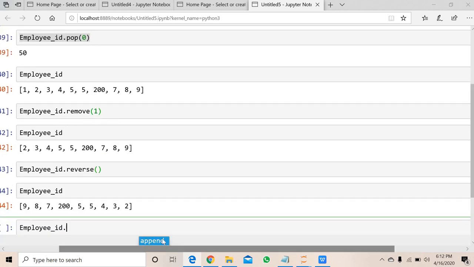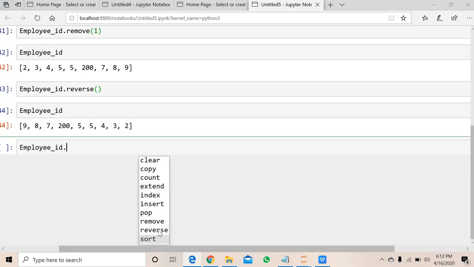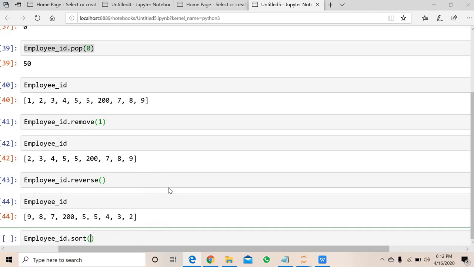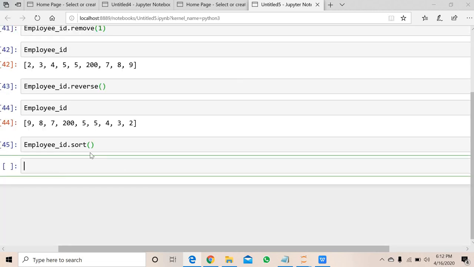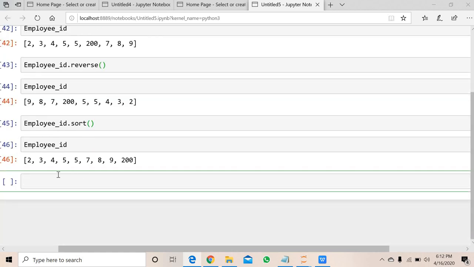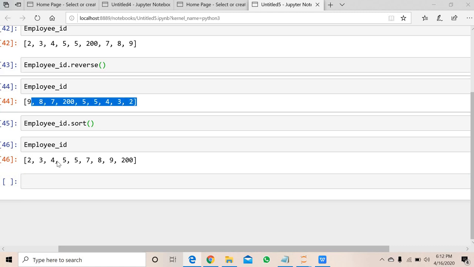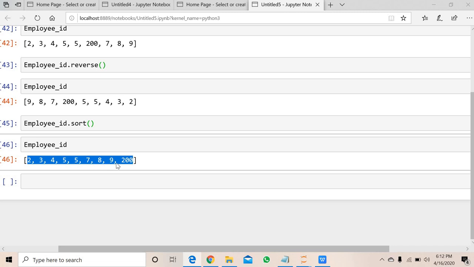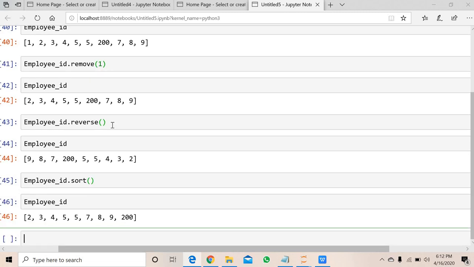The next one is the sort function. It can sort in ascending or descending order. By default it will go ascending. See, this is the list before the sort function, and this is the list after the sort function: 2, 3, 4, 5, and so on up to 200. This is the sort function.